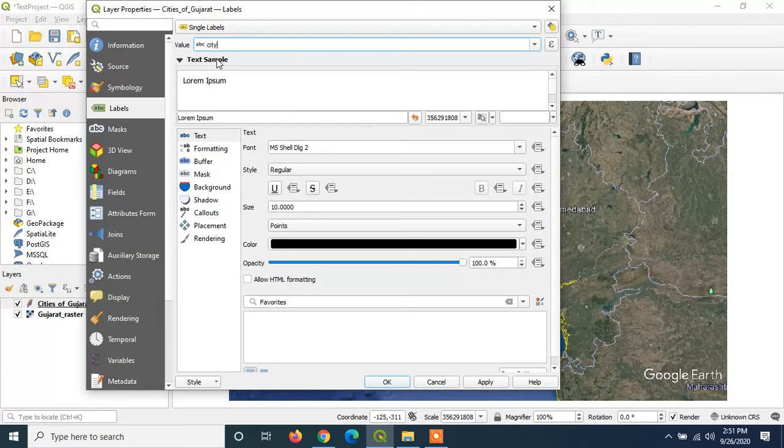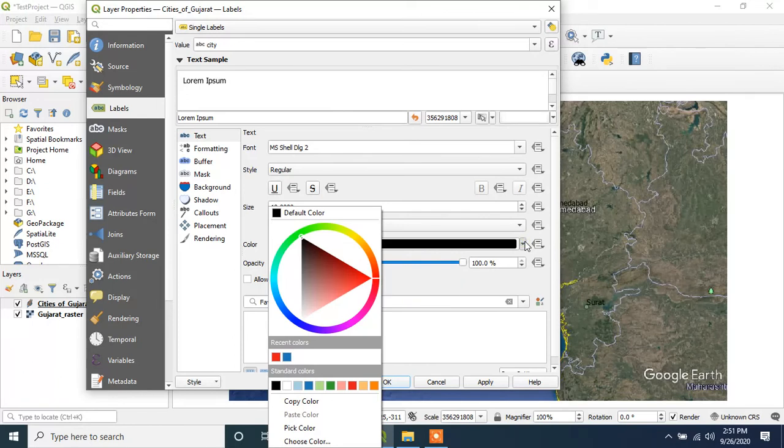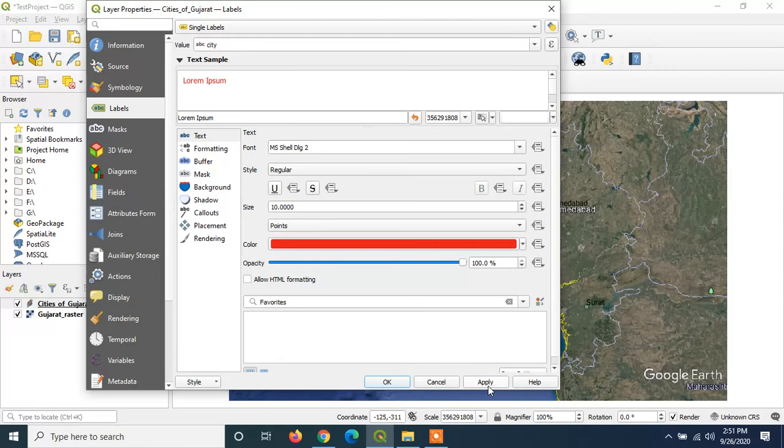So I want to display city, and I am clicking on apply. So it is showing here Ahmedabad in black fonts and Surat also in black fonts. If you want to change the font color, then you can click on the color, click on apply. So now it is displayed in the red color. If you want to increase size of this label, then you can increase it and then click on OK.